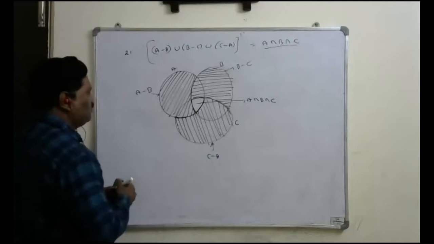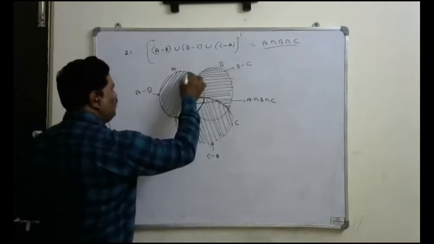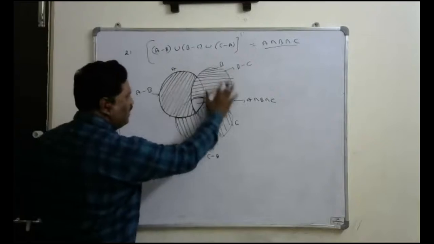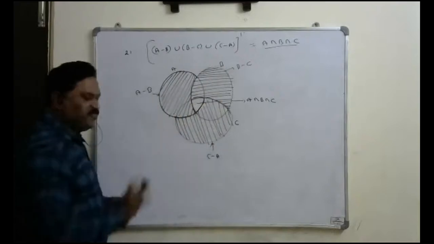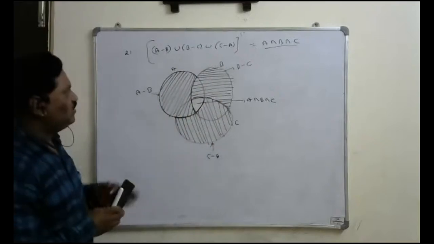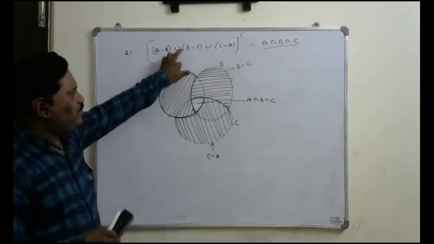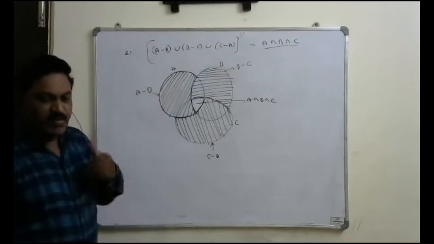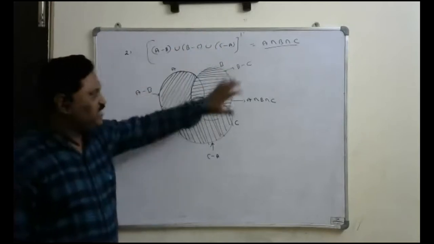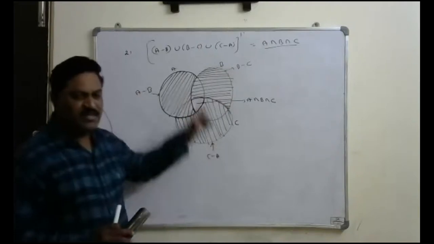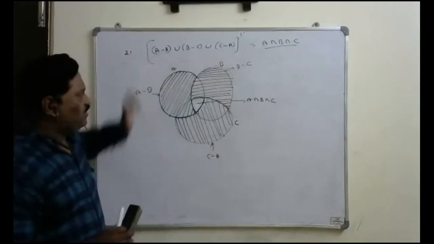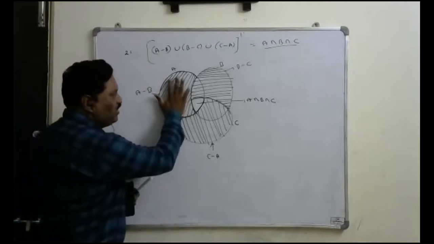Once again, look at that. It is a simple question only. First, they have given that A union B union C is the universal set. This entire area itself is the universal set. In that, A minus B union B minus C union C minus A, whole dash. It means I want to find the area which is available in this entire universal set other than the area of this. So if you find this area A minus B, that is the area available in A but not in B.